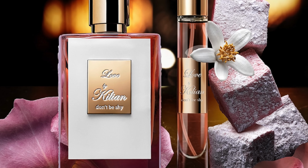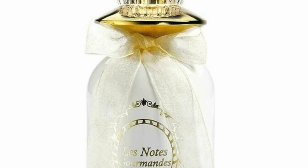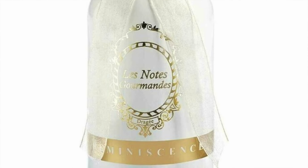that kind of vanillic, sugary, marshmallow, combined with orange blossom, and then the addition of the almonds in here actually gives me a very dessert-like experience from the Middle East, almost like a Jordan almonds kind of experience. It's super delicious. This is Reminiscence Dragée. If you can find it, get it in that bottle, but as I said, it's not at the discounted price with the new bottles. This particular bottle I think you can still find online for around